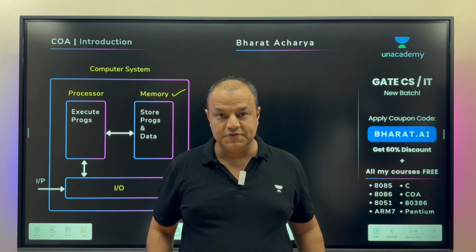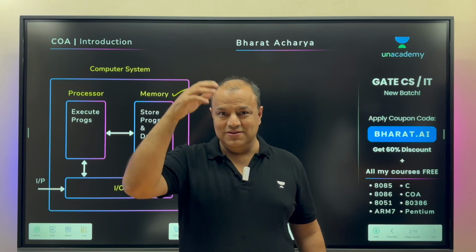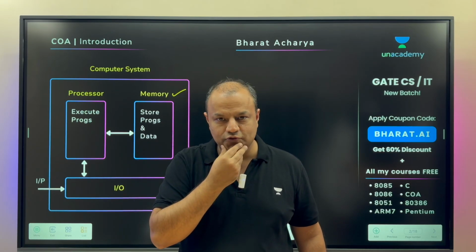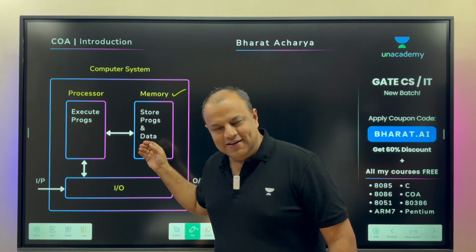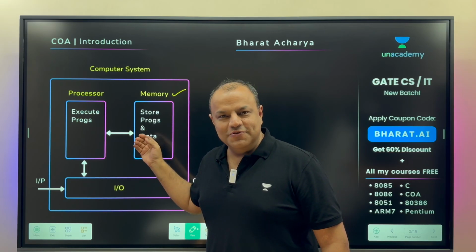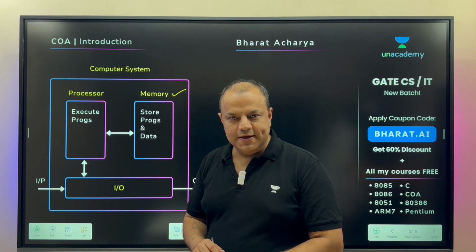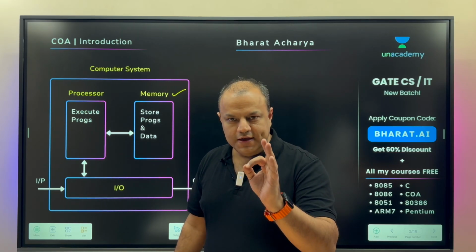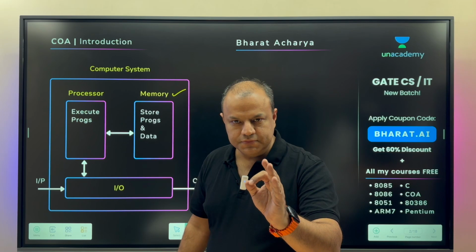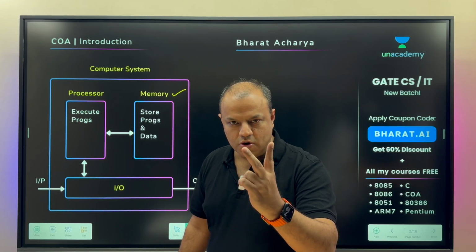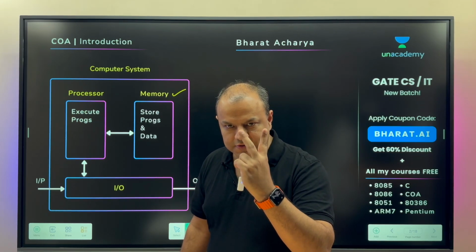So what does your memory store? You open your computer's C drive. There are thousands and thousands of files. What do they store? Each file is either storing programs or storing data. Simple. The first serious point I'm making today: every information stored in your computer is either a program or some data. Please tell me, is this clear?